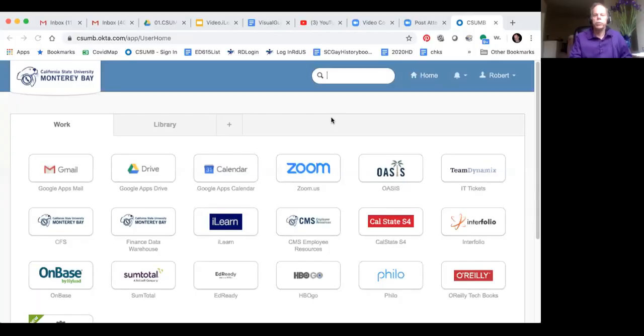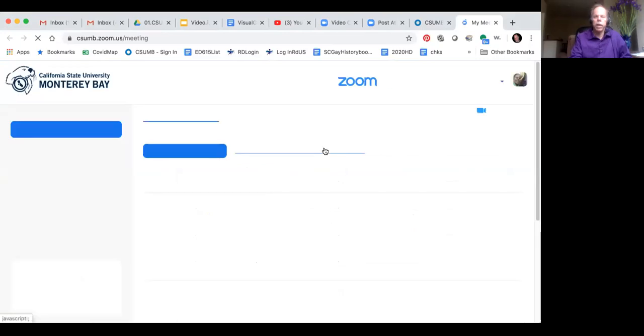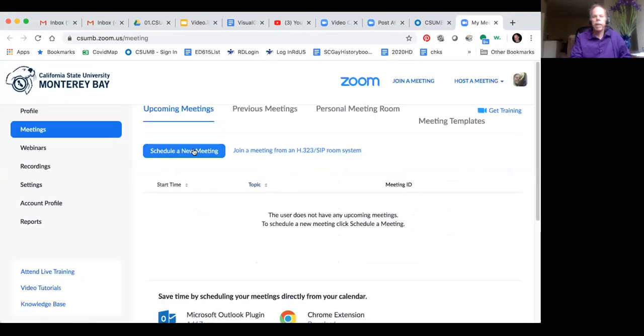To begin the Zoom recording itself, I'm logged into my CSU Monterey Bay account here. And you could have a public Zoom account, or you can do it through CSU Monterey Bay. But as students at CSU Monterey Bay and faculty, we all have access. So here's how Zoom looks to me when I log into it. So I log into this, and then I have the options here to schedule a meeting, or if I go to my account profile,